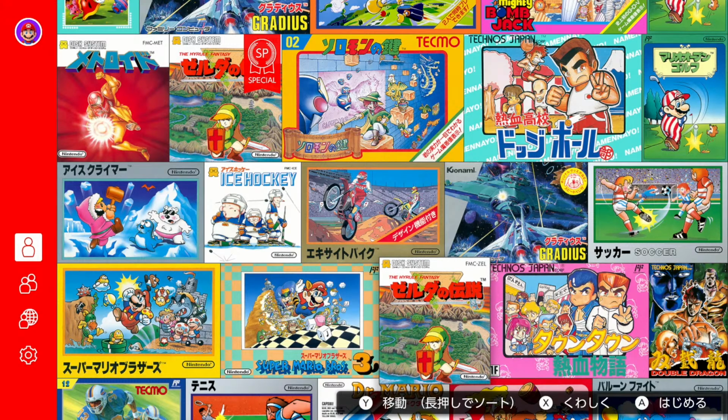Before starting the game, let's pay attention to the Japanese title. In Japanese, The Legend of Zelda is called Zelda no Densetsu. Zelda is the name of the princess, and it's written in katakana, as you see. If you recall from our Super Mario Bros. 2 series, no is the possessive particle written in hiragana, and then we have densetsu,